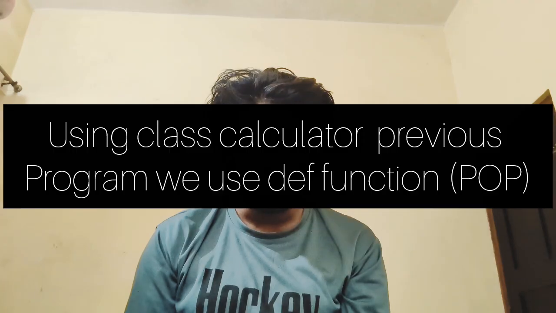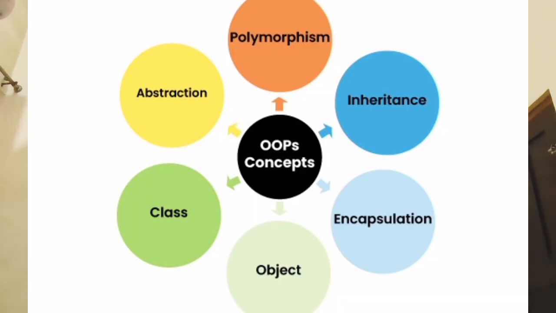So here we declare the OOPS function using class Calculator, and using Calculator we add the functions. In the previous program we used only a function, just def add, but here a class. This is OOPS. So the different types of object-oriented concepts are class, object, constructor, encapsulation, inheritance,